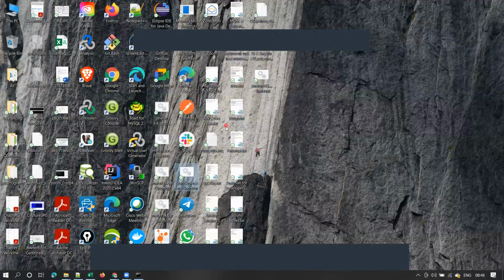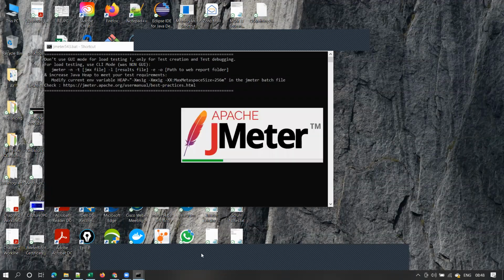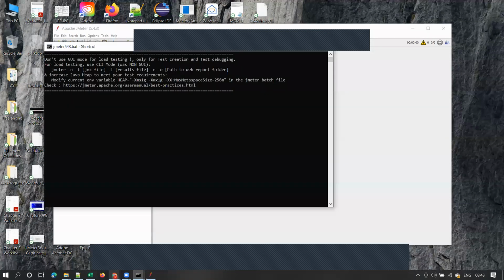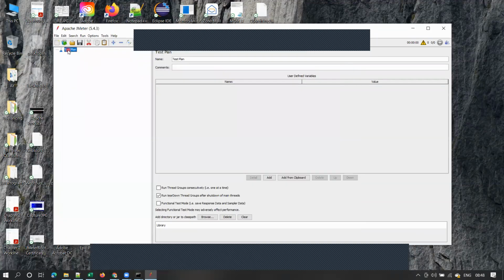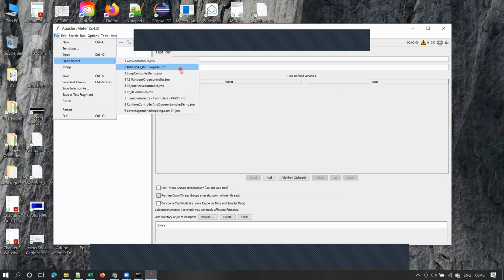So if you understand this, once you go to the tool, let me start this JMeter tool. It will be easy for you to understand. I'll open one script and explain it. I'll show you why I am explaining all these basics. And remember, most trainers will not explain this initially. They'll directly go to the script and explain. Some may not explain this in detail. Let me open some script and show you.